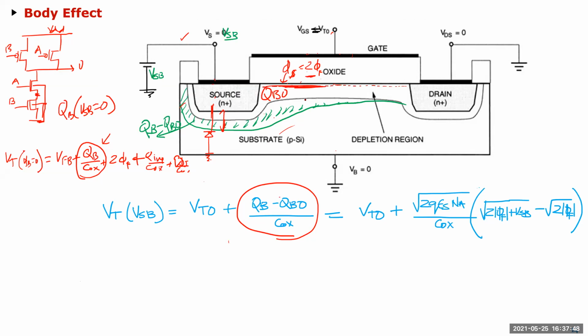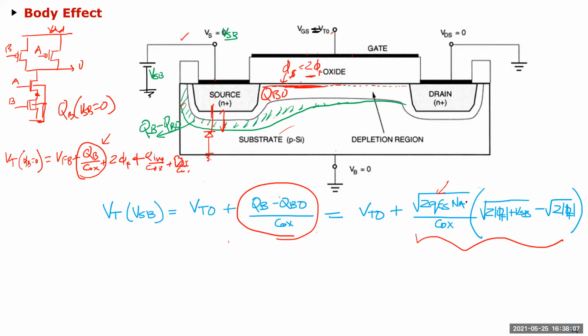Is it sort of clear? So basically, the bottom line is, if your source voltage is higher than your substrate voltage, your VT increases by this amount over here. And again, we have done these calculations in pretty much detail, and you can express this as